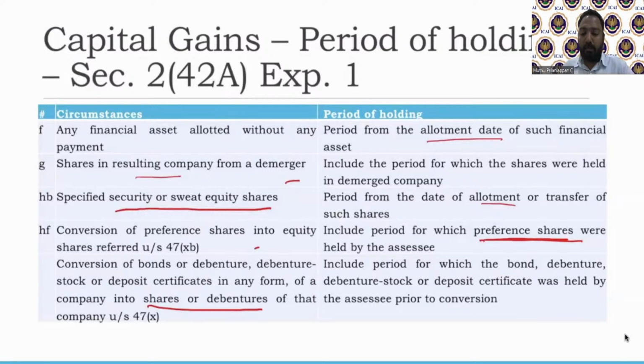Okay, with that, we have completed the definition of capital asset, categorization of capital asset, and we have also discussed how to compute the period of holding in certain situations. For that, we gave a small pro tip. What is it? If it is previous ownership or previous form, include that also. If it is something like share allotment through not a regular purchase, something like bonus, rights, or ESOP, the date relevant is the allotment date. So that's what it is about.